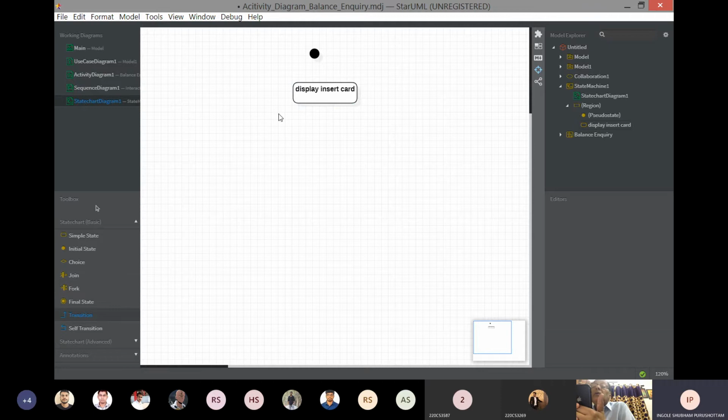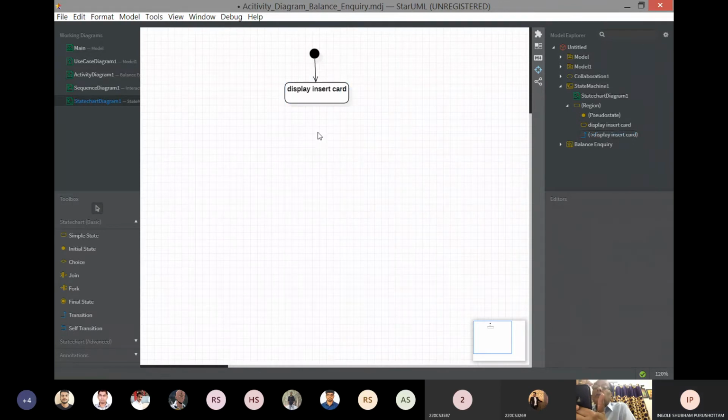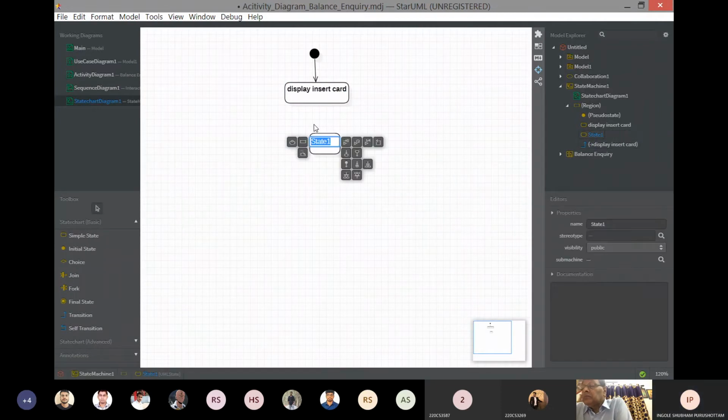So from the initial state, the transition will be to this state, display insert card. So the next state is enter pin.